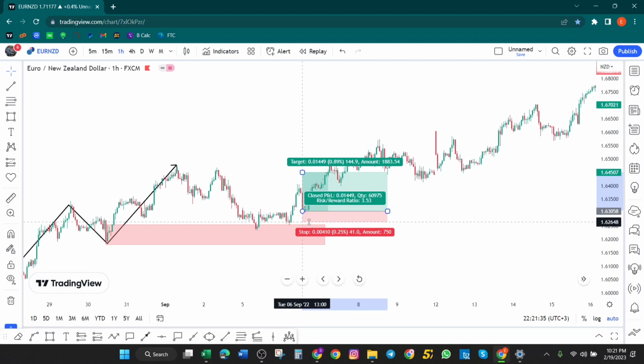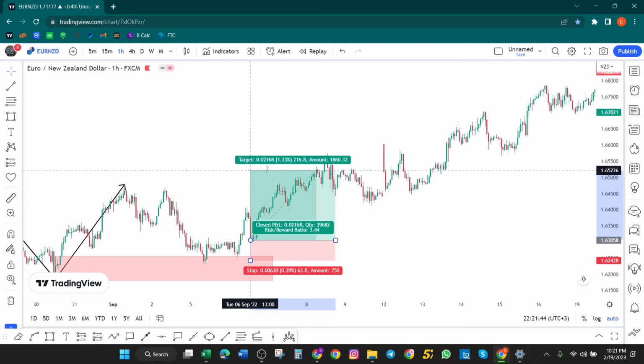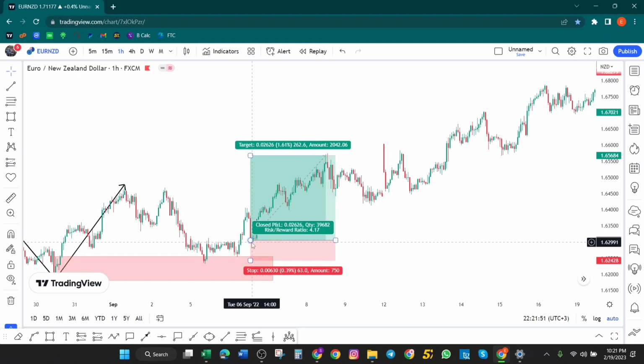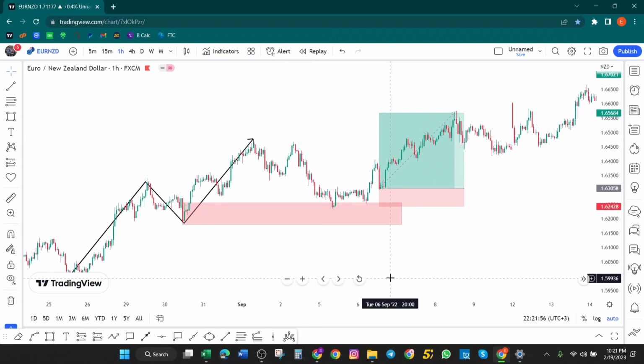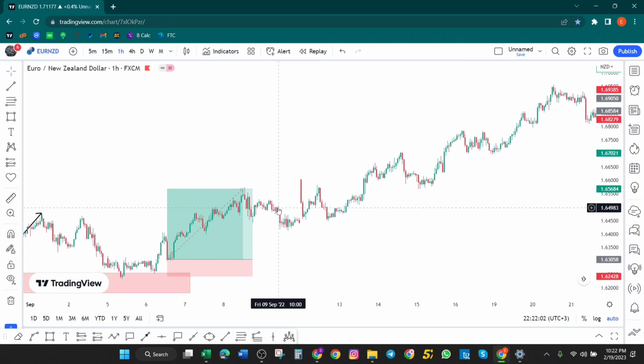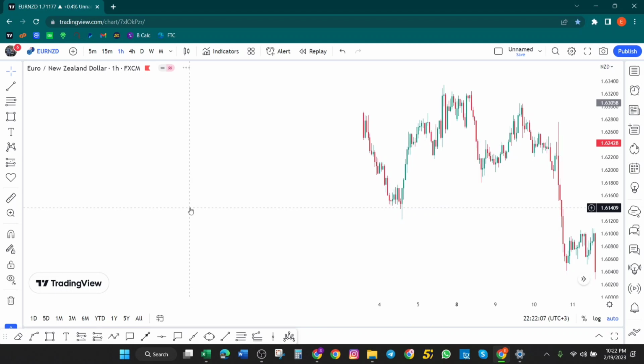Something that you need to be noting down every time you are doing the backtest: I want you to see how far did the trade go in your direction. For example, before we had a very significant retracement, we can consider that this trade headed all the way to 262 pips. Then how far did it go in terms of our loss? Close to zero. So if you do this consistently, you realize one thing. There are trades that will go as good as 260 pips. There are trades that will even go up to 300-400 pips. But then you'll come to realize that there are also many trades that will do maybe only 80 and 90